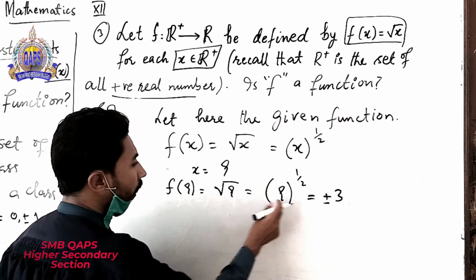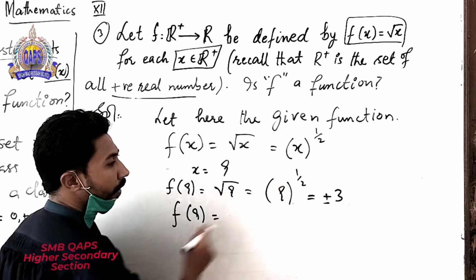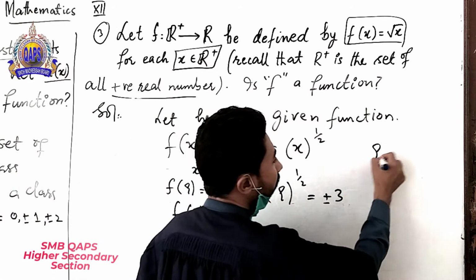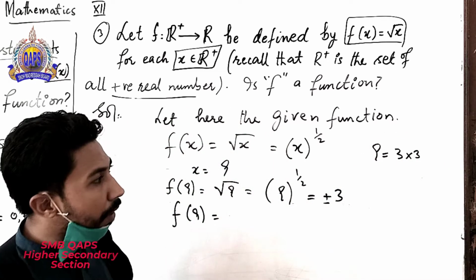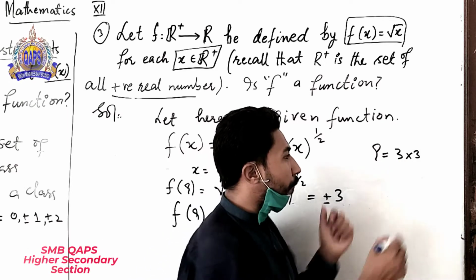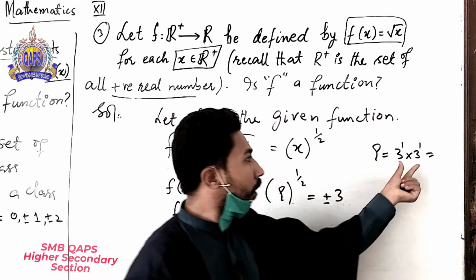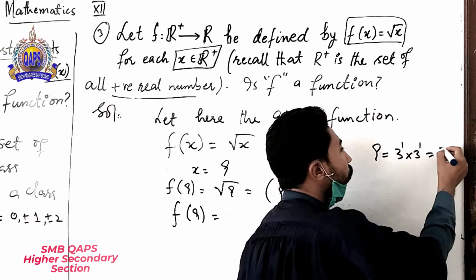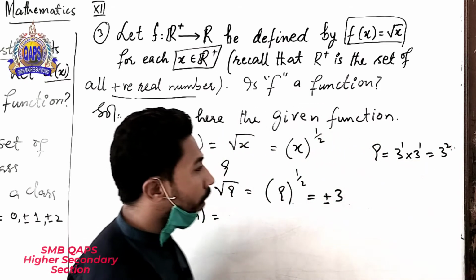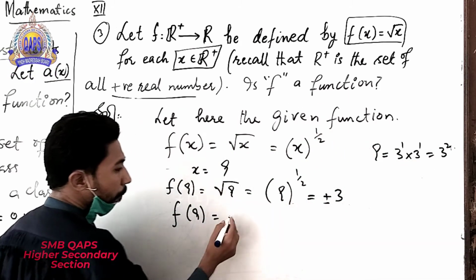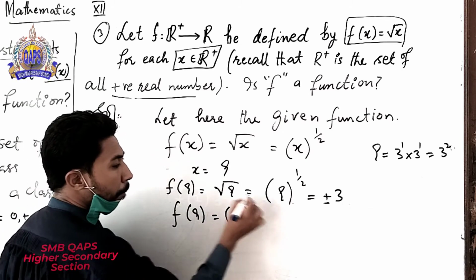Let's suppose f of 9 contains 9 power 1 upon 2. 9 is 3 multiplied by 3, and 3 multiplied by 3 gives 9. So this multiplication you can write as 3 power 2, 3 squared. So in the place of 9 we put 3 power 2 and whole power